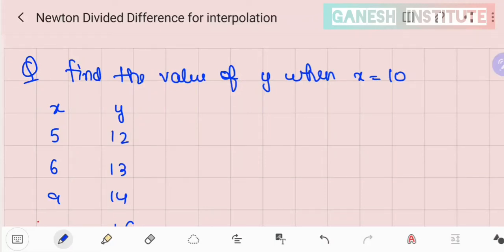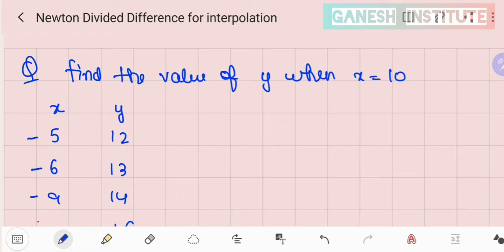So in this video we are going to discuss another thing in interpolation, which is Newton divided difference. It is a method when you have unequal intervals. We have been using so many formulas in so many questions when we are given equal intervals. Like if x is 5, and then 10, 15, then the equal interval is 5, we know. And we can use those formulas by putting the value h is 5, right?